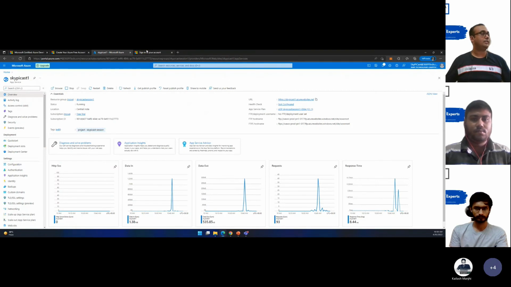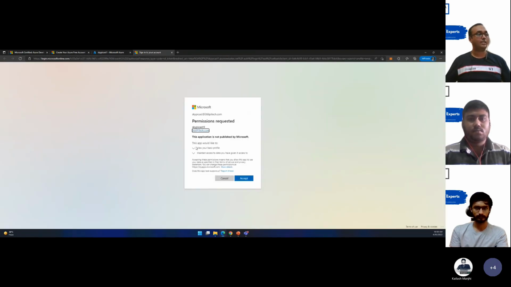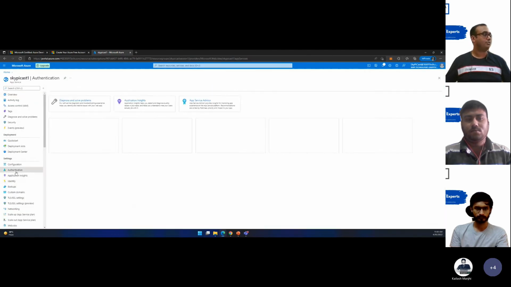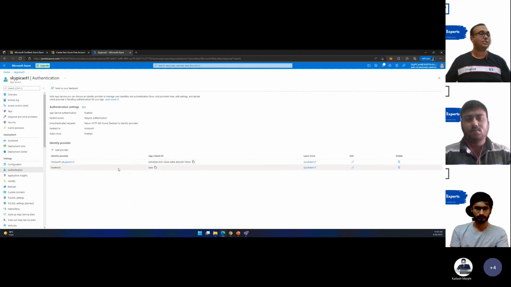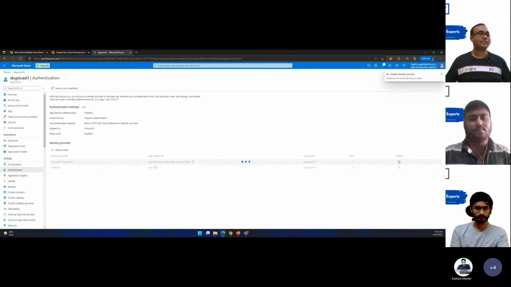One of the things that you might be noticing now is that as soon as I started to open my site, it automatically started asking me for permissions, which was not the case earlier. And why might this have come? This has come because I was showing you the authentication and I had enabled these providers. That is why it is not allowing me to access the site without going through the authentication process. So if I just want to disable this, I just have to delete these identity providers